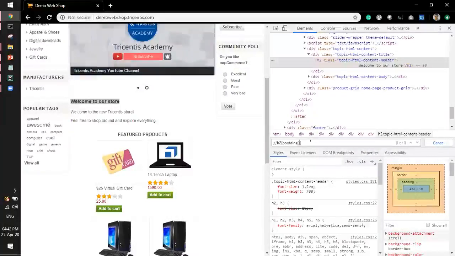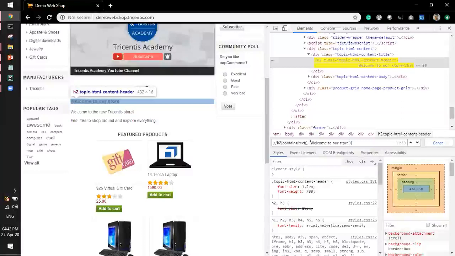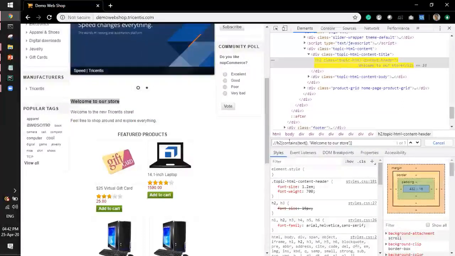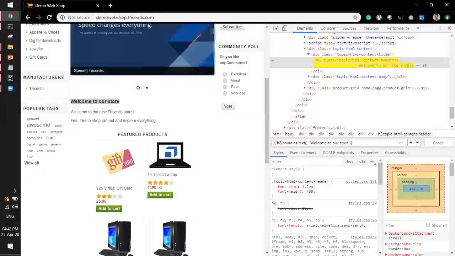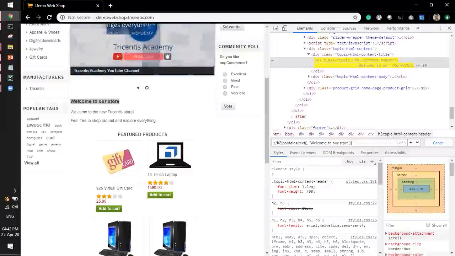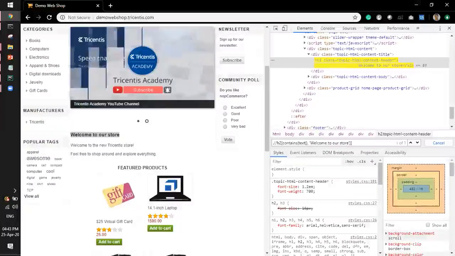Contains. So now I'm using the contains method to identify whatever text I'm looking at. Again, this is a unique identification of the text. Other buttons and checkboxes will also have a unique identification like that.